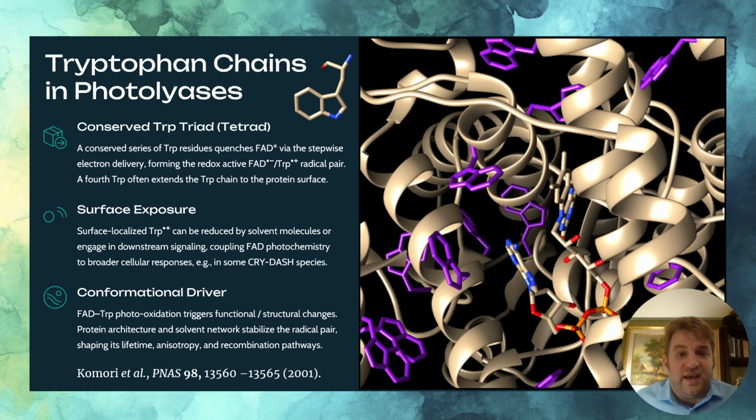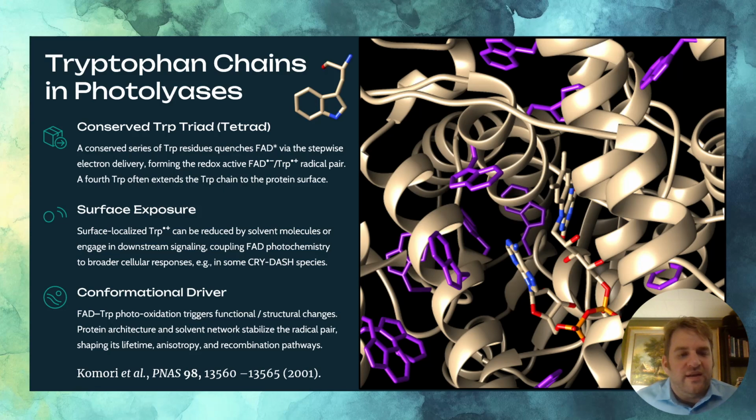And of course, we can't forget these tryptophan chains. In fact, there's a whole network of tryptophan in Photolyase, which I've shown here. You can see surrounding that U-shaped hairpin FAD, a conserved tryptophan triad of 3 or even a tetrad of 4 tryptophan residues, quenches the initially excited FAD state in a stepwise electron delivery mechanism to form a redox active FAD radical minus, tryptophan radical plus, radical